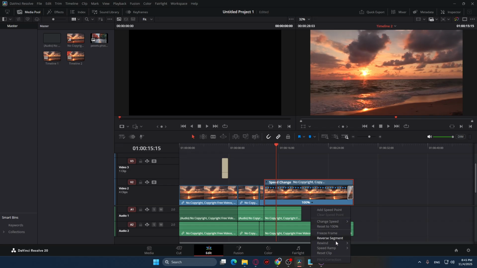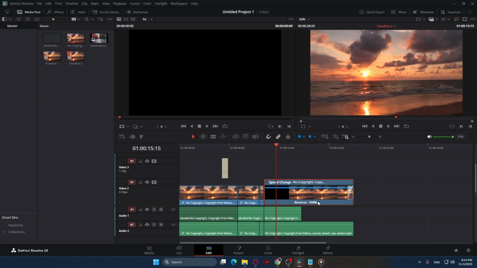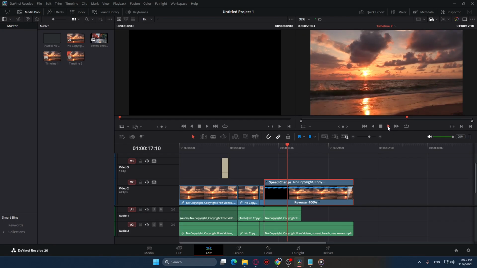So once you've clicked on the drop-down, look for and select the option labeled Reverse Segment. Selecting this will instantly flip your video, making it play backwards. And believe it or not, that's really all there is to it. Yes, it's that simple. After you've reversed your segment, make sure to play back your clip to ensure it meets